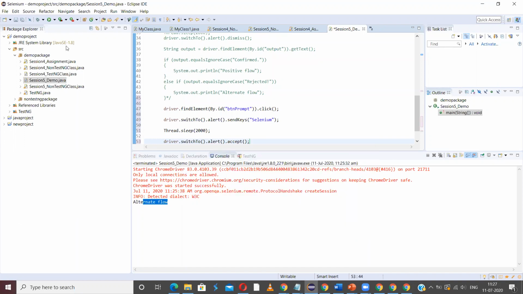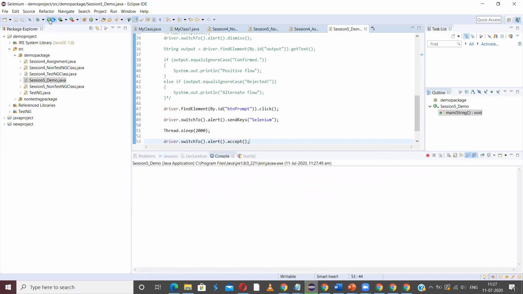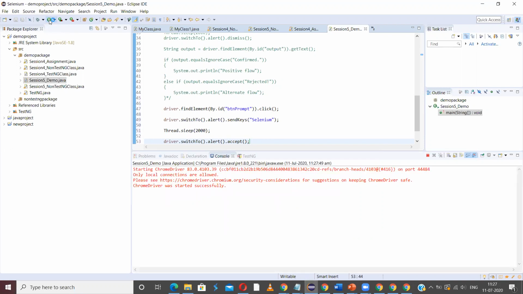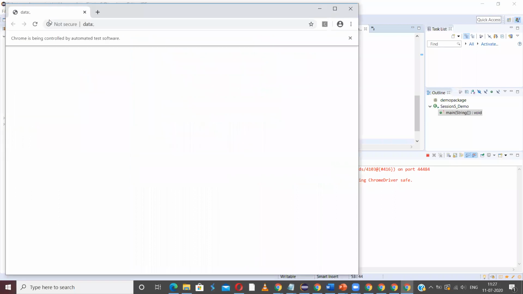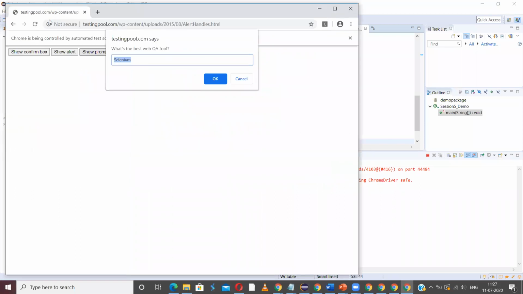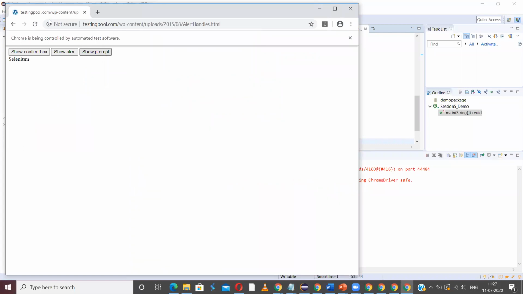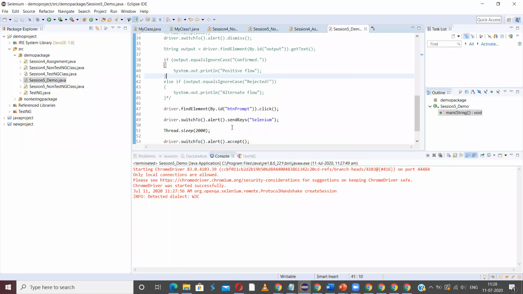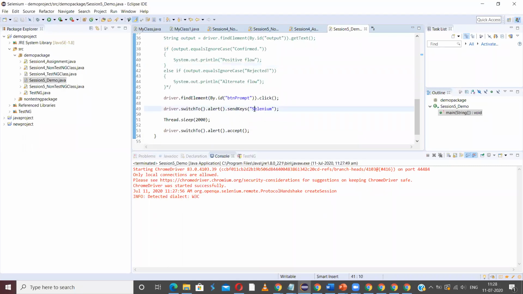Now let us run this one. What we are doing, we are clicking on the button which should prompt, and then the user should enter something and accept it. That's it. So it opened, it entered this text.